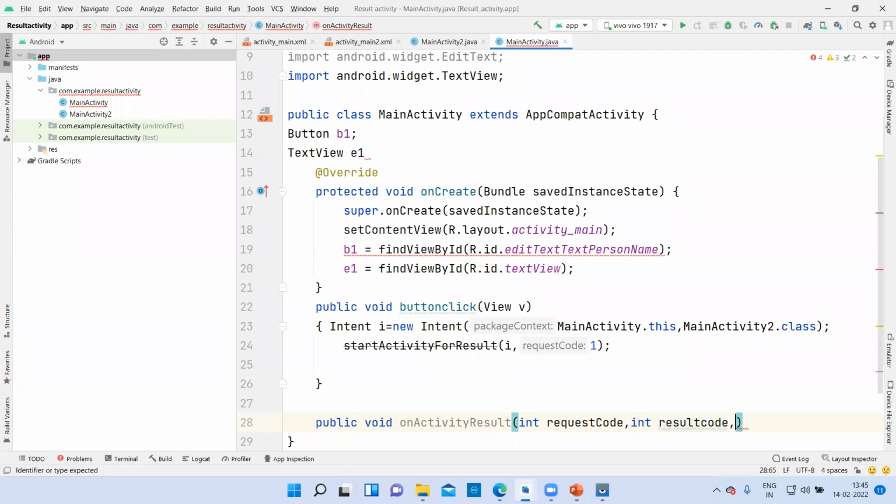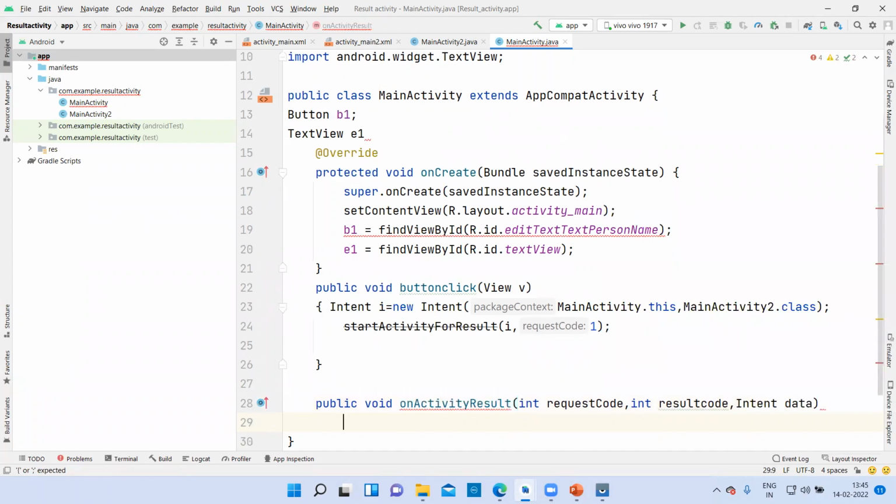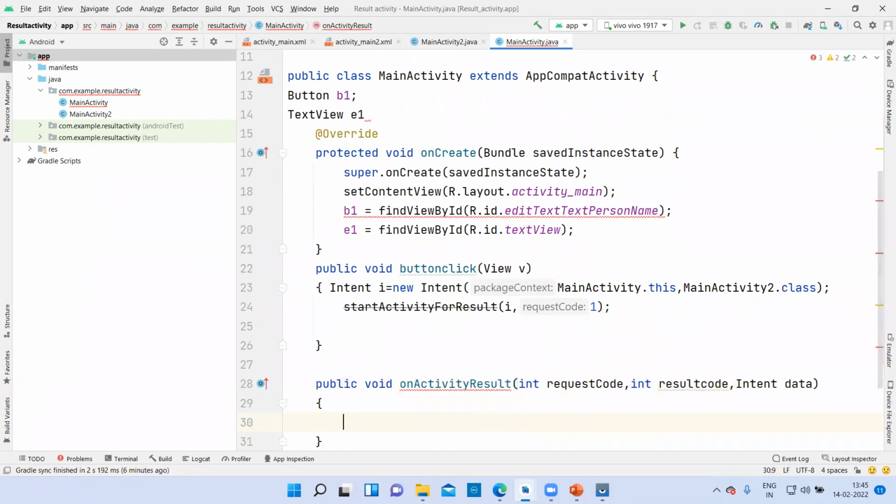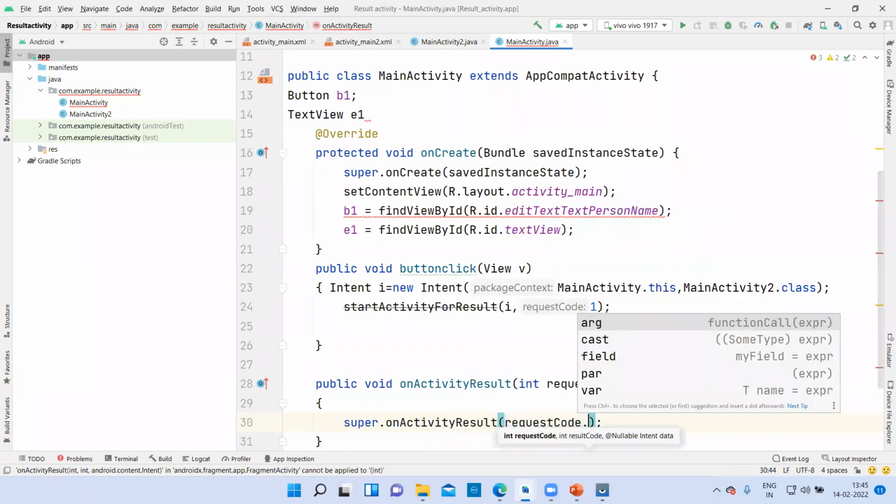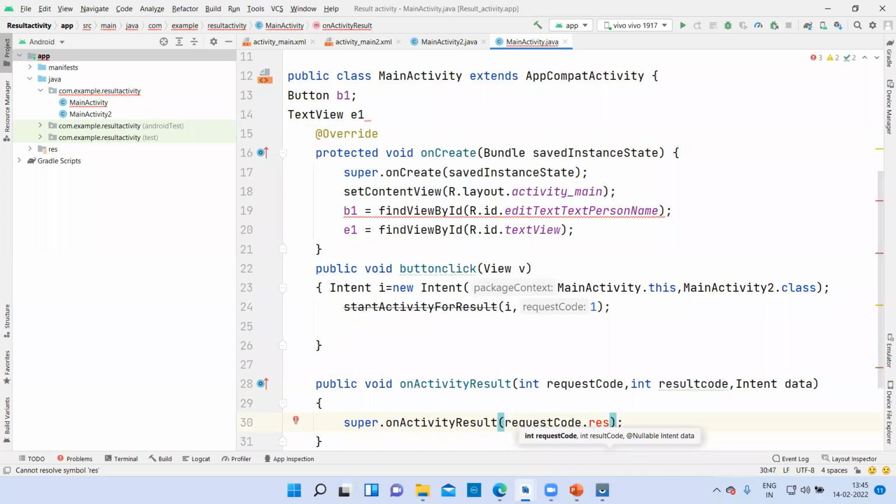Then you will pass 1 intent data, because data will be carried by the intent from one activity to another. Now you will do super dot on activity result. It will give me the suggestion. Now give the request code, comma, result code. That's it. So both result code and third will be the data. Okay. So this is done.